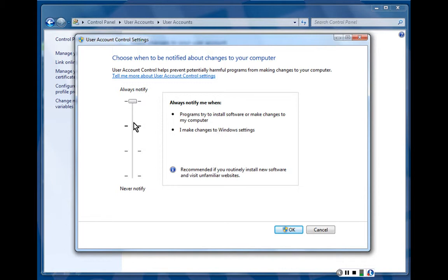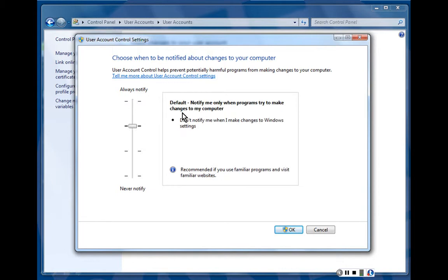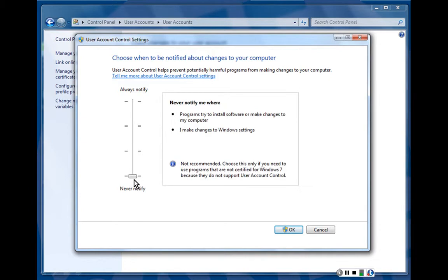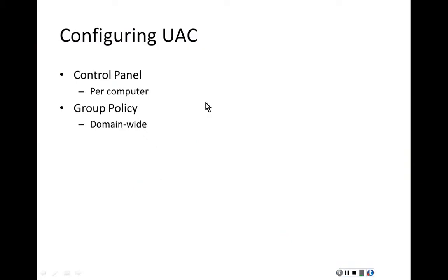And I really don't want that one. So what I will do is I'll slide the slider bar down. And if we select this option, it says notify me only when programs try to make changes to my computer, but don't notify me when I'm making changes to my computer because I don't need to be notified. I'm doing it myself. Or you could slide down to never notify at all. User account control can be configured per computer. We can also configure it